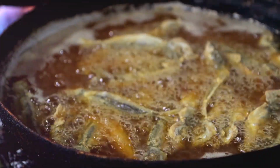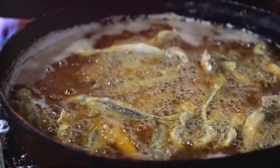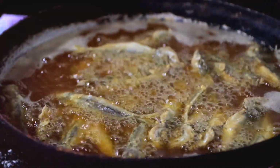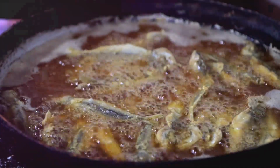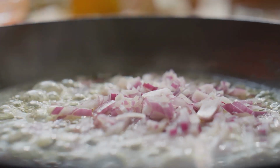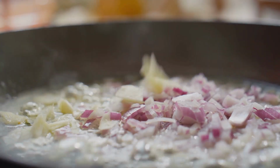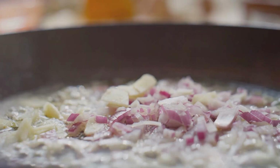First, we'll need a large pan or wok, preferably one with a lid. Heat it up on medium flame, and let's start by sautéing our spices. We've got onions, garlic, ginger, and a blend of spices that we've prepared earlier. Sautéing is an essential step that brings out the rich flavors and aromas of these spices, so take your time with it. Keep stirring, making sure nothing sticks or burns, until the onions are golden brown and the mixture is